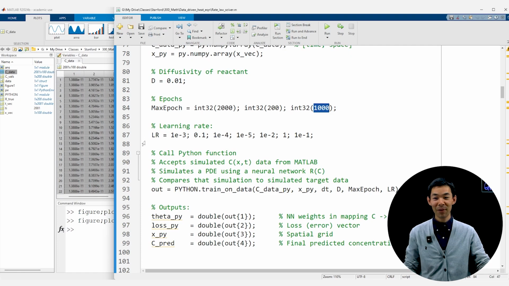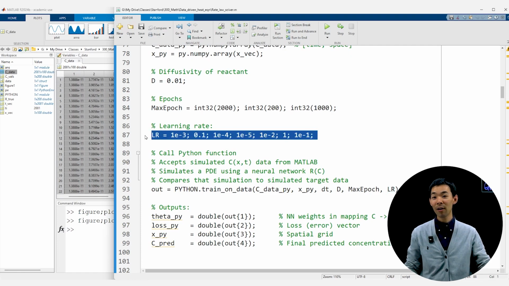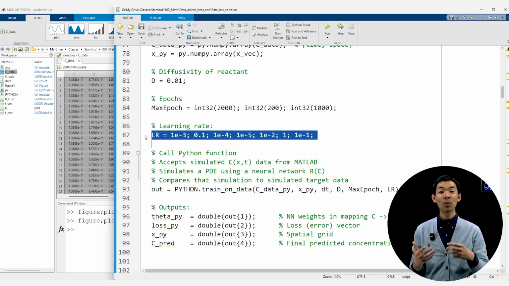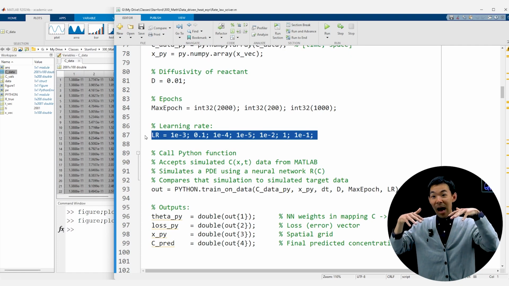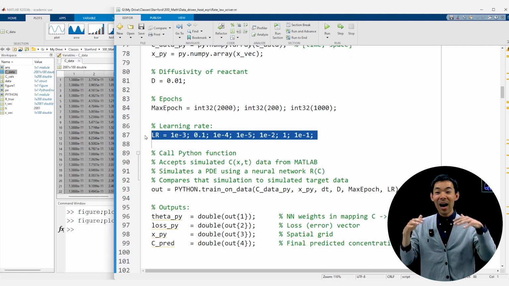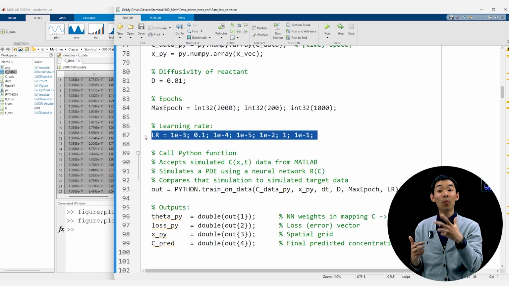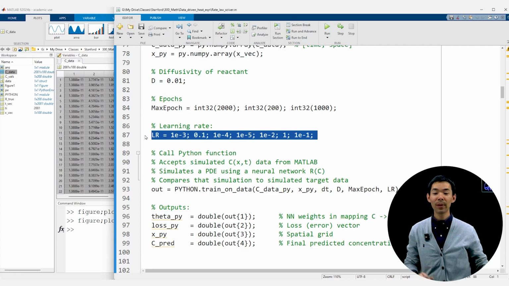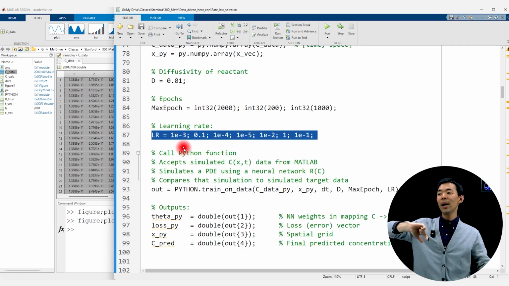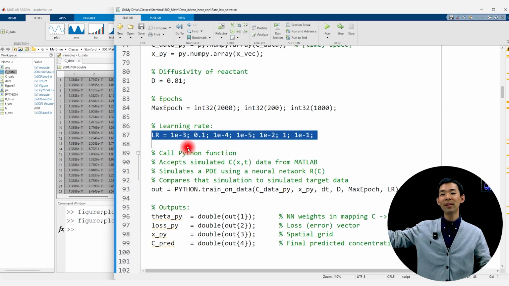And then LR is the learning rate. I didn't explain it earlier, but LR, learning rate, is how aggressively you want to update your weights. So when you do gradient descent with auto differentiation, you're skiing down the Swiss Alps, and how aggressively you want to ski down is basically what learning rate is. How much do you advance your neural network weights based upon the gradients in the slope? So you ideally want this number to be large so that you update very quickly and you converge to a good solution as fast as possible. But if you're too large, you might ski over the hill and go over to the next minima,